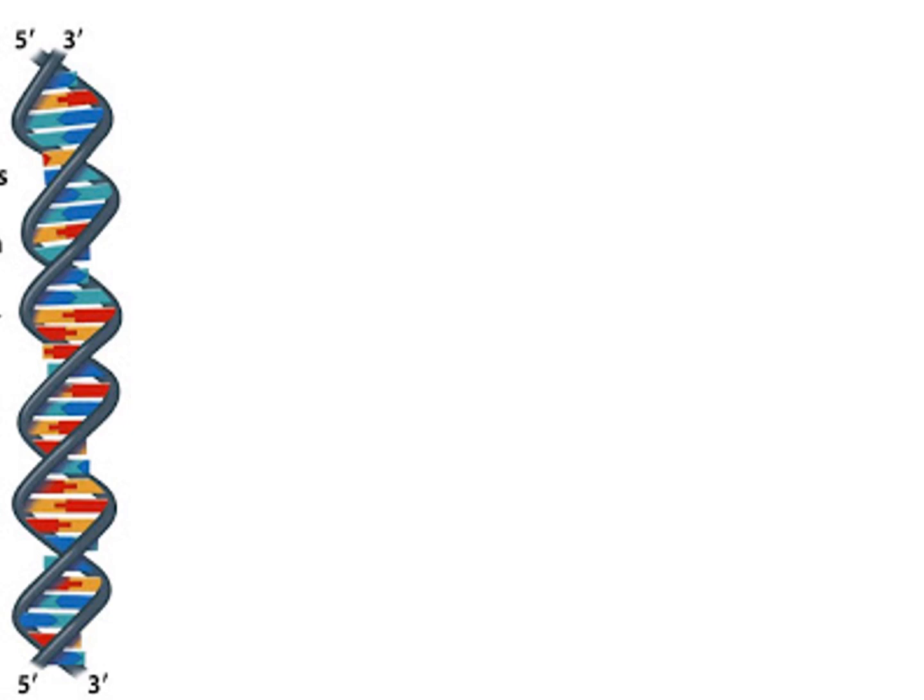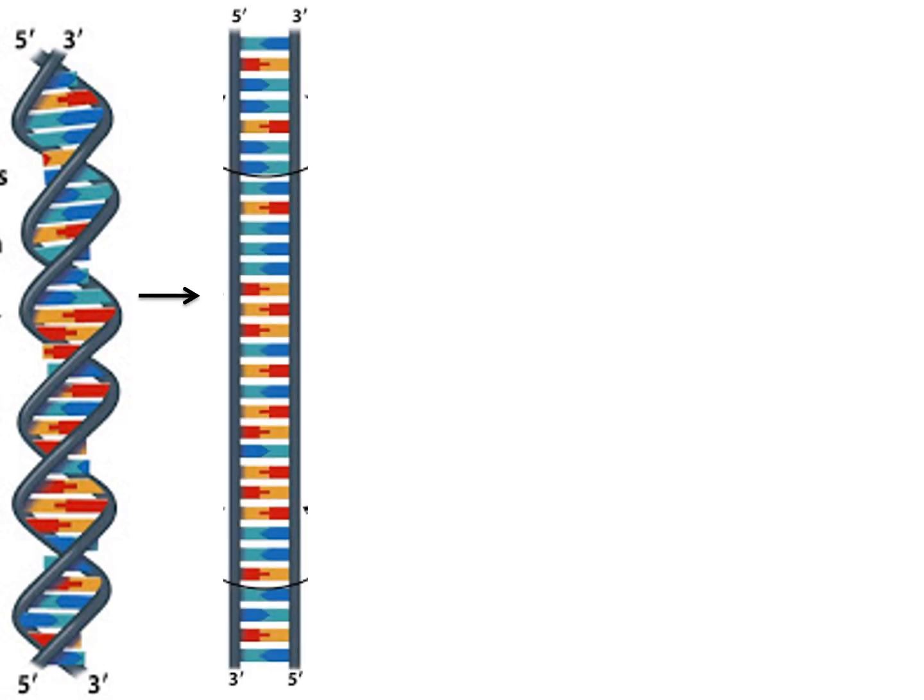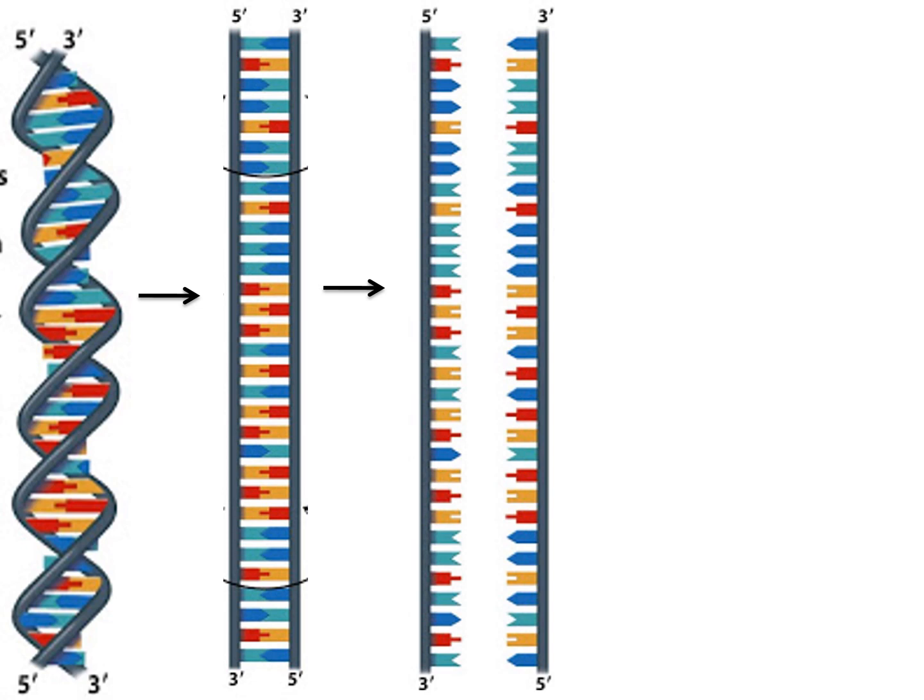Okay, so whenever DNA replication starts, the first thing that happens is unwinding takes place. Unwinding means the double helical structure of the DNA gets converted into a very simple form like that of a ladder. Okay, so what has happened? The helical form has changed to form two parallel simple strands. Once the unwinding has taken place, the two strands separate from one another like this.